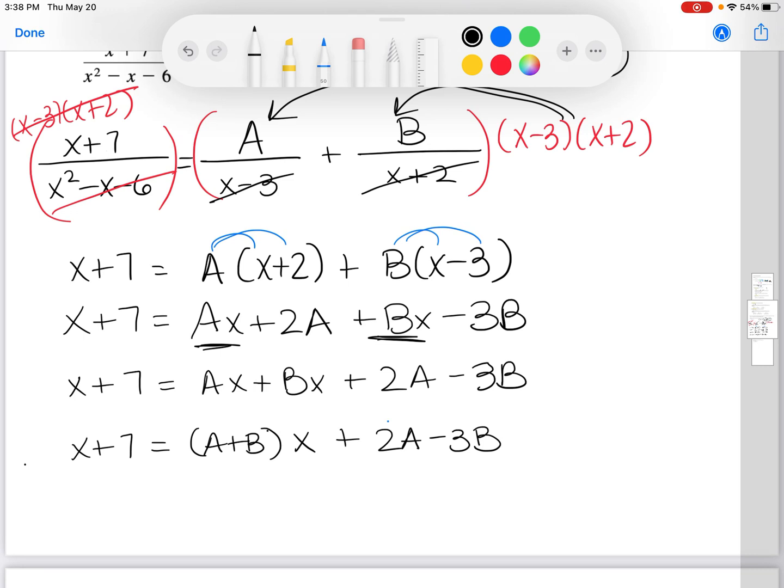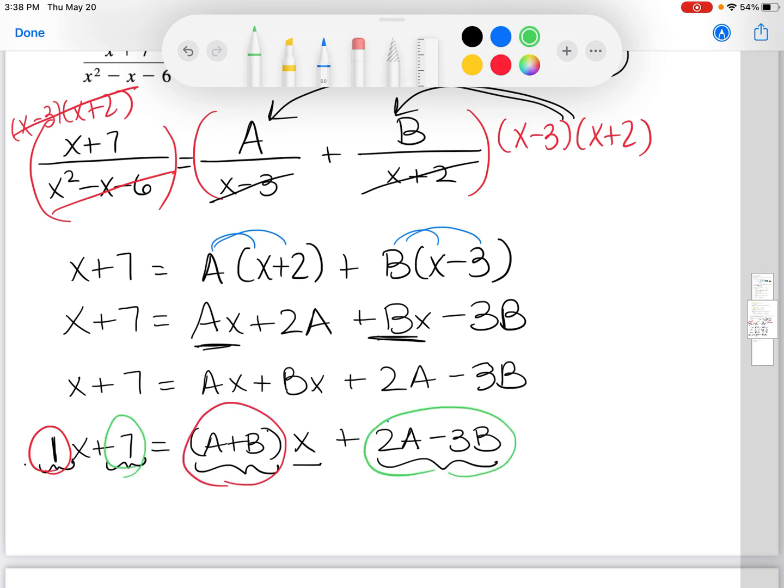All right, so now what I want to do, because these two polynomials are going to be equal if and only if the coefficients of like terms are equal. So this is of the form a number x plus a number. All right, well, a number x plus a number. So these two are only going to be equal if this number equals this one and this number equals this one. So what we're going to do here is set up a system of equations. All right, so I'm going to have that a plus b equals 1. And I have 2a minus 3b